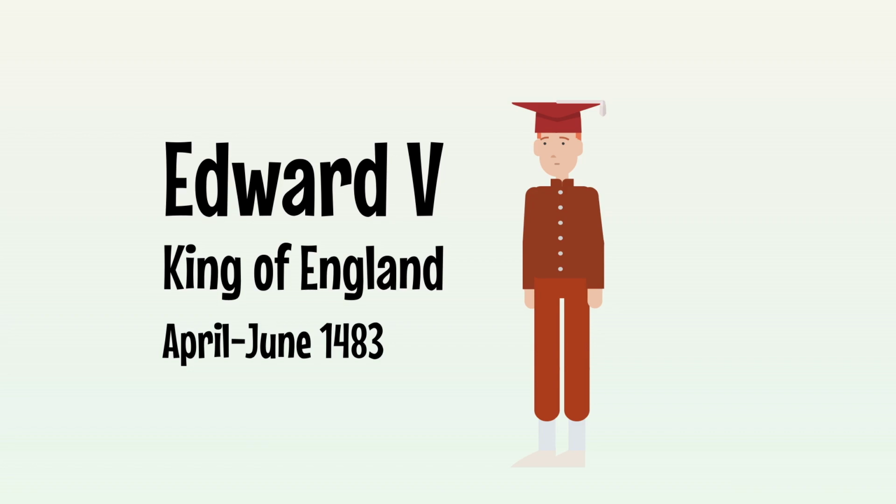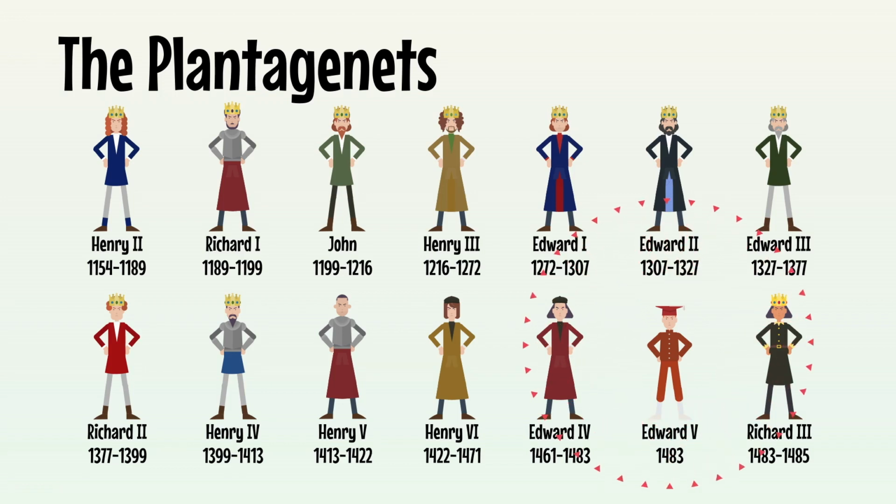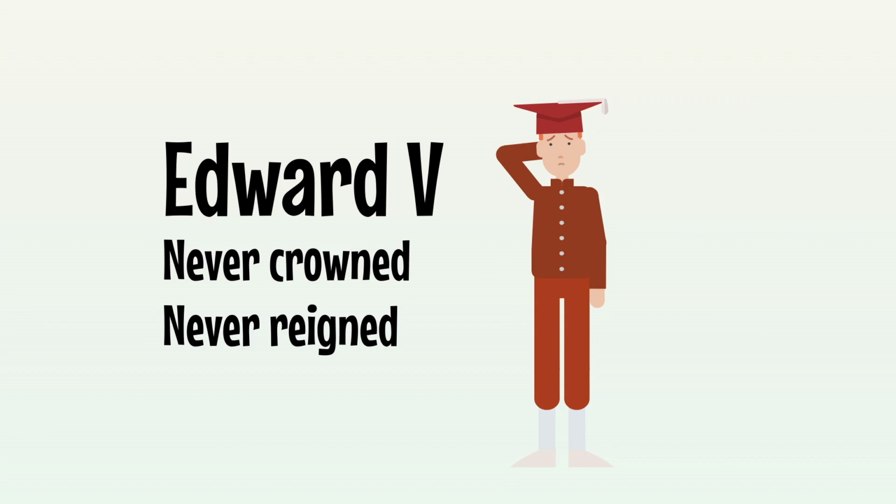Edward V was King of England for 11 weeks, from the 9th of April to the 25th of June 1483, when he was apparently dethroned by his uncle, Richard III. He's the 13th Plantagenet King on our list. It's maybe not correct to describe his tenure as a reign, because in short, he never did, nor was he